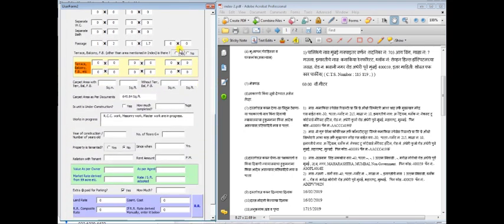Now if you have an adjoining terrace, balcony or flower beds, you can press this yes button, and then you can enter its data like this. So you will find the data with terrace and without terrace.